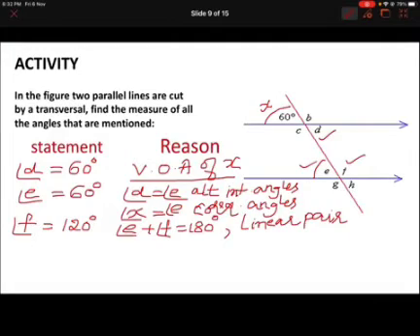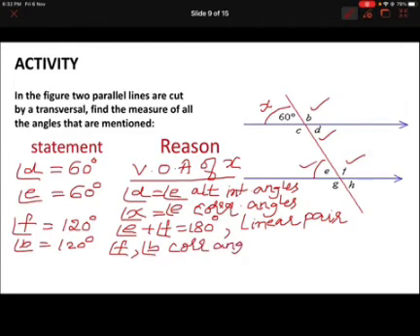Now let's go to say B. I'll write angle B is equal to 120 degrees. How do we know that? Angle F and angle B are corresponding angles. One more reason you can give: you can say these two form a linear pair, or these two form a linear pair. Any one reason you can give, but each time please do not give the same reason. Try to look for different ways of deriving the angles.